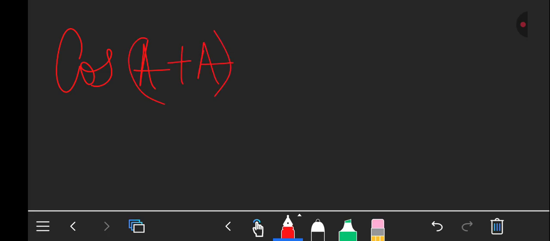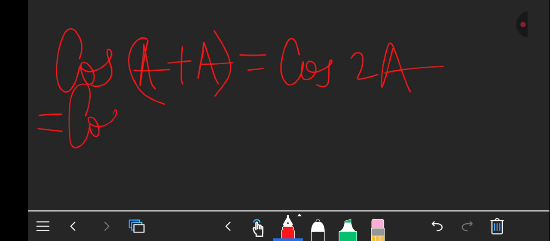They are the same angles. Okay, cos(A + A) is simply cos 2A. Now which identity is used to refer to this? So for cos(A + A), you simply say cos A cos A, since the angles are similar. Then you interchange the sign, that will be minus